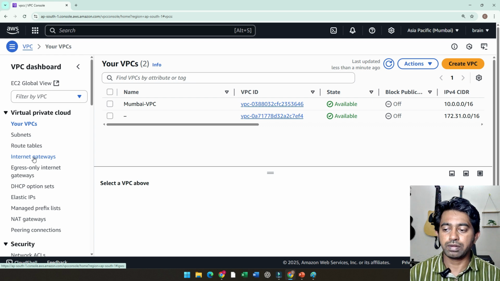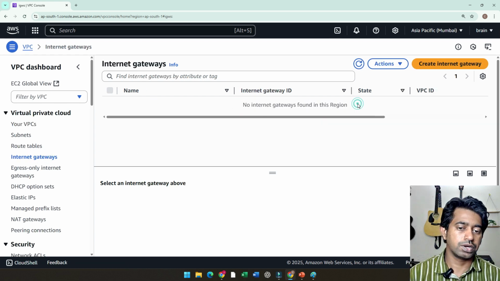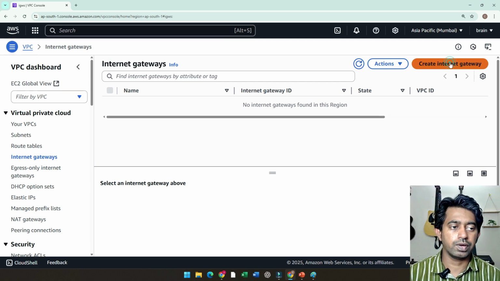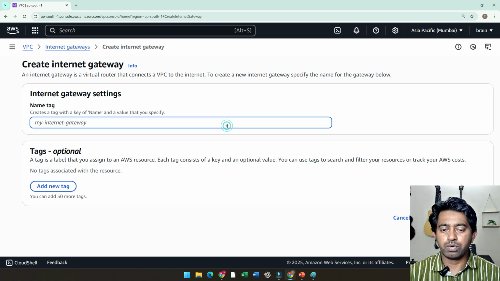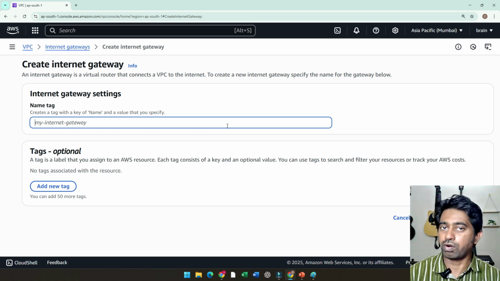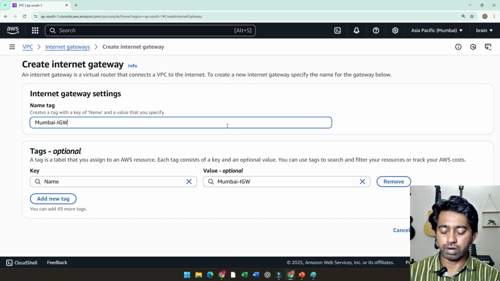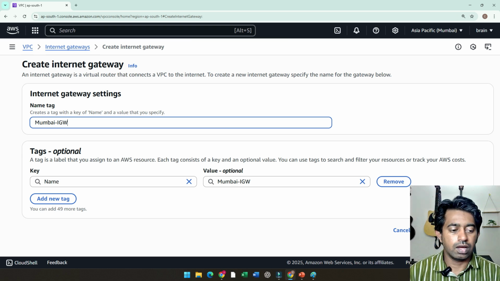Now I go to the internet gateway. It says here no internet gateways found in this region. So now we will create an internet gateway. To create an internet gateway, you don't have to give any major details. If you remember earlier when we used to configure routers, you had to define each and every port or interface and give a lot of details. But here, all you have to do is just give it a name. You can give any name. Because I'm working on the Mumbai region right now, I'm naming it Mumbai Internet Gateway, and I click on